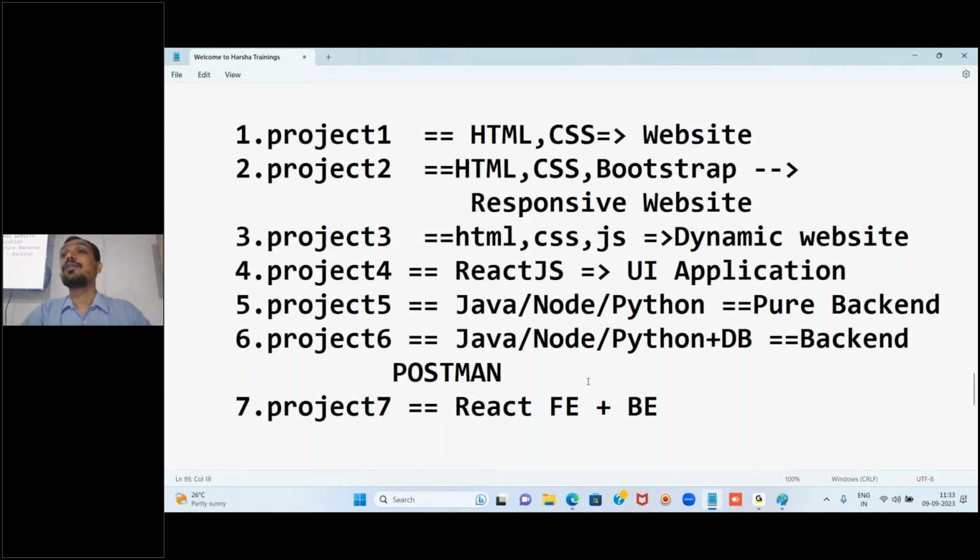Two servers will be running: a front end server and a back end server. Got it, right? Just client is running, server is running. The only difference from real time is that both are running on my machine only. If you have money, purchase a domain. What is your name? Navin, right? Purchase a domain like navin.com, and then you will have the two servers there, removed from your local system, and then people can connect to it. Understood, right? That is the only difference. But till then it will work on our local system.